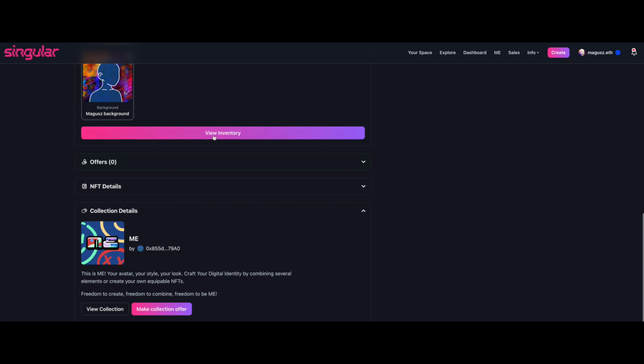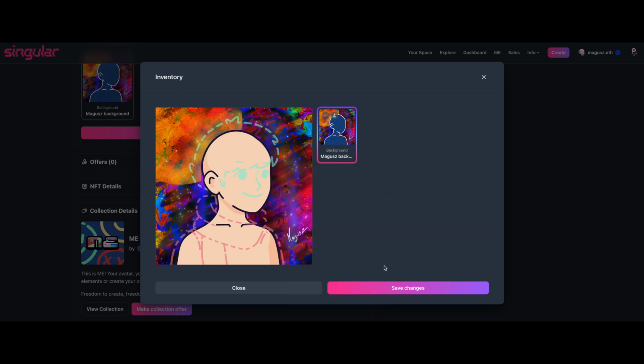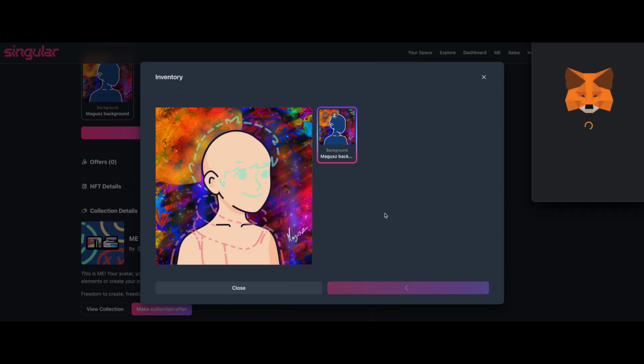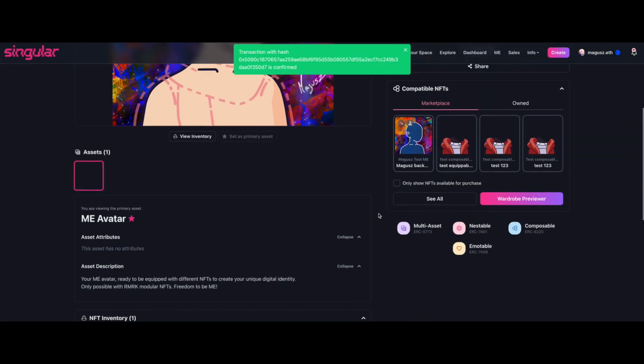Now go to View Inventory. Select the equippable NFT you have created, and click on the slot assigned. Click Save Changes and confirm the transaction in your wallet. That's it. Now this NFT is equipped into your Me